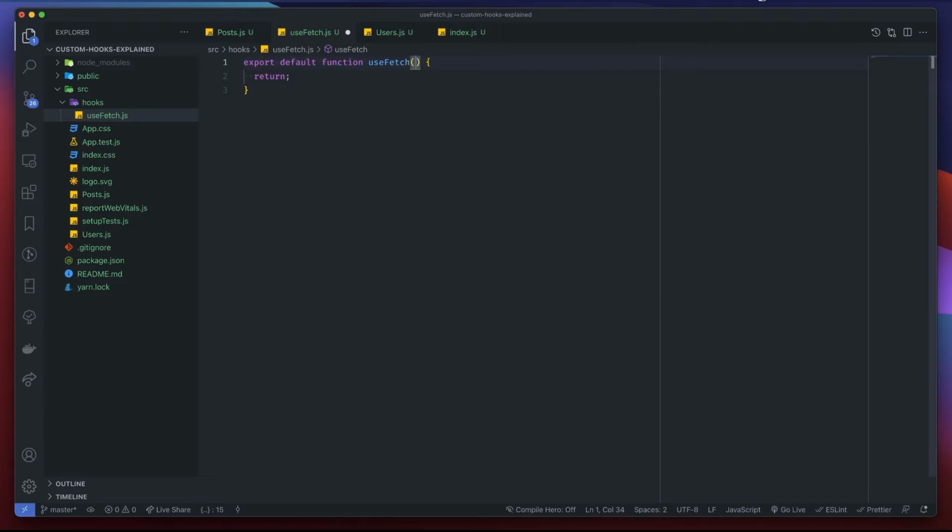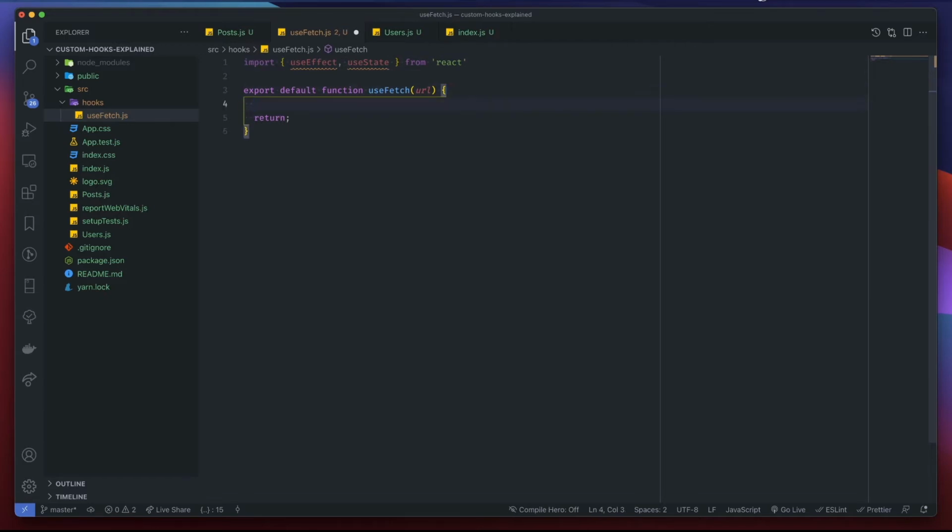And this is going to take in a URL. So just like what we've got in our application, we want to use it as soon as this gets loaded. So we need useEffect from React. And I'm also going to set some state, so let's say useState from React,